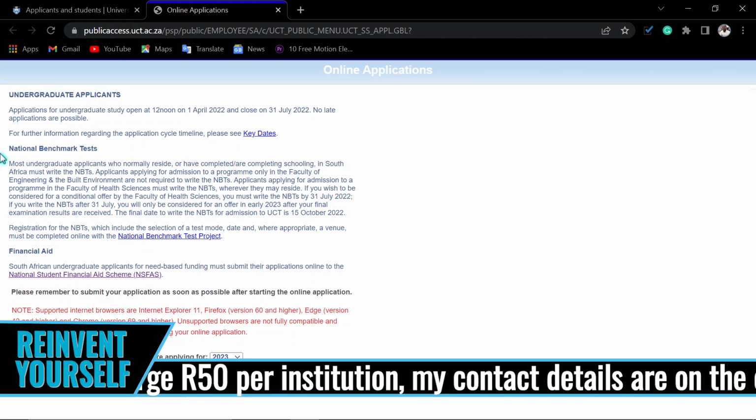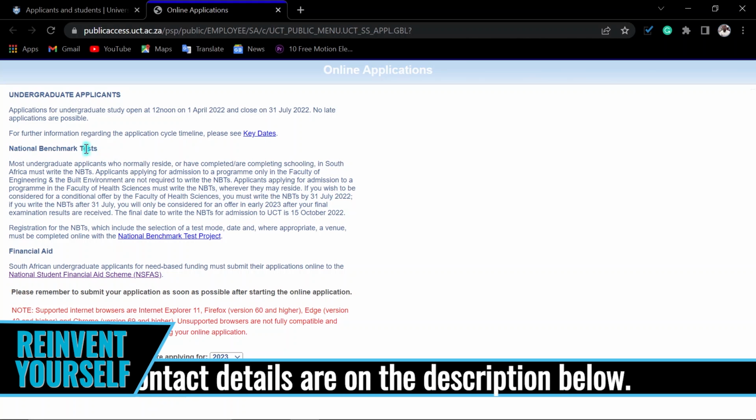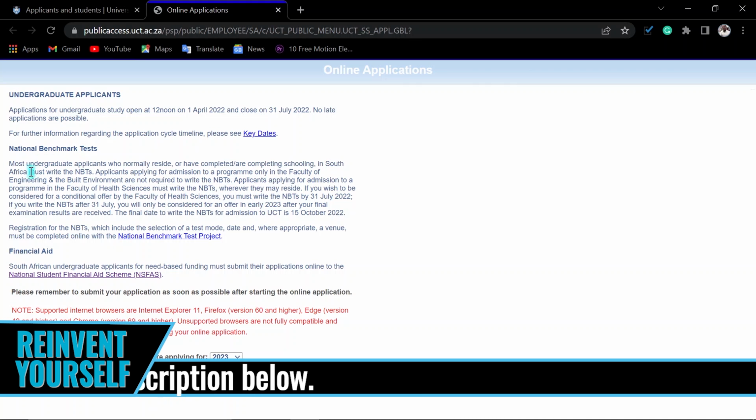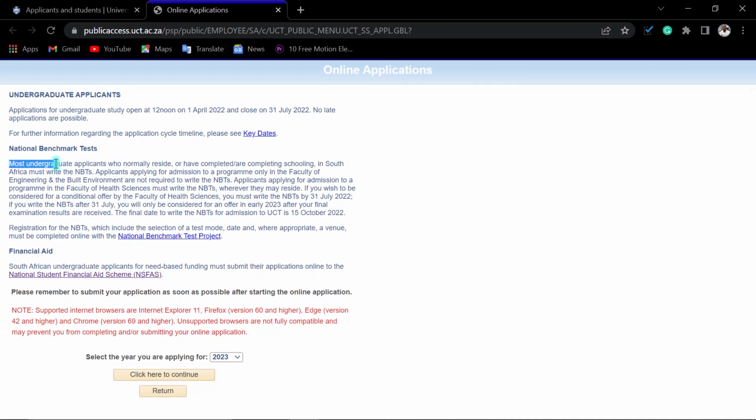Ladies and gentlemen, please note about the National Benchmark Test, the NBT test. Here they have highlighted that most of the undergraduate applicants who normally reside in South Africa, who have completed or are completing schooling in South Africa, must write the NBT test. However, students applying under the Faculty of Engineering and Built Environment are not required to write the NBT test. But applicants applying for admission to a program in the Faculty of Health Science must write